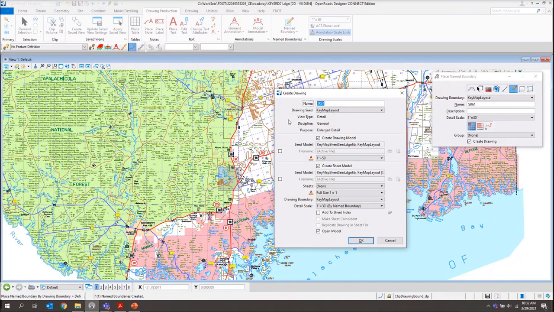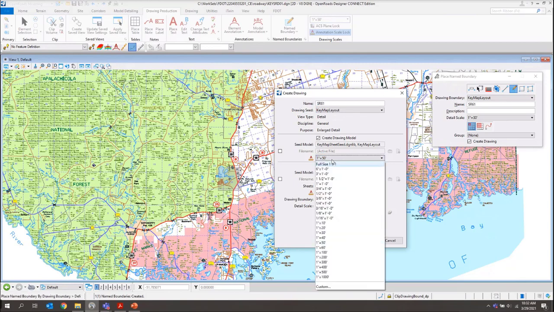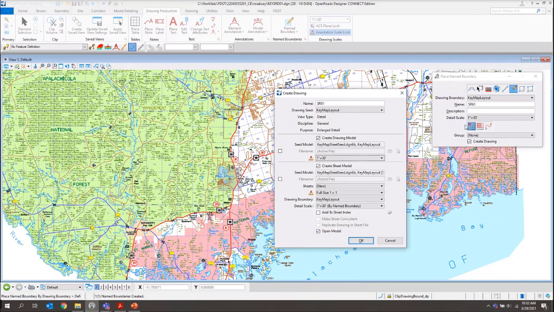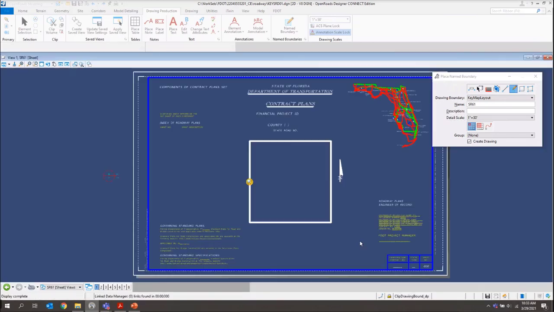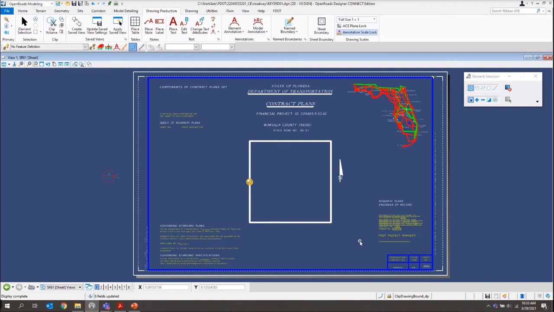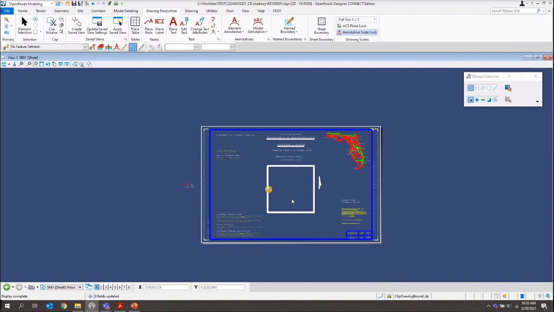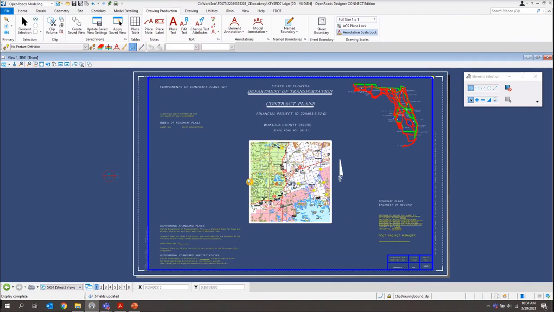And now we've got our create drawing dialog. If you'll notice, it's already been named and it pulled that from the previous dialog. On here, we want to make sure we match our scales. This one's set at 1:50 currently, but I want to match that to my 1:30 from the name boundary. And everything else should be fine. Once we make sure that everything on the create drawing dialog is set, we'll click OK. And then that's going to go through and create my key sheet for me. And again, just do a little zoom in, zoom out to get that map to display.